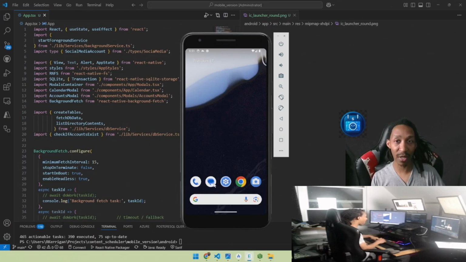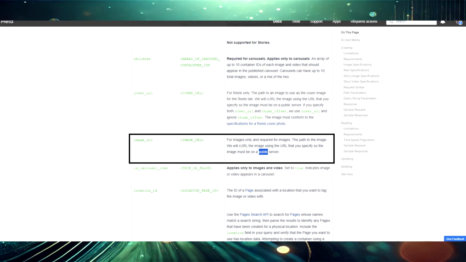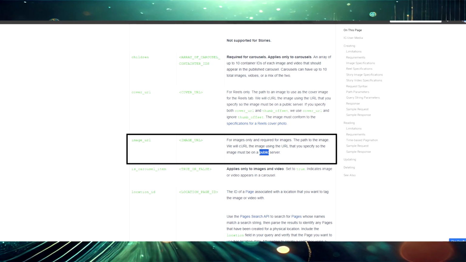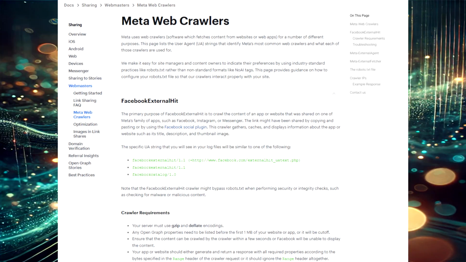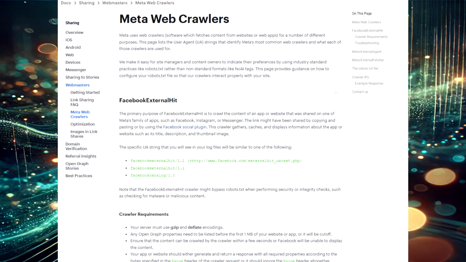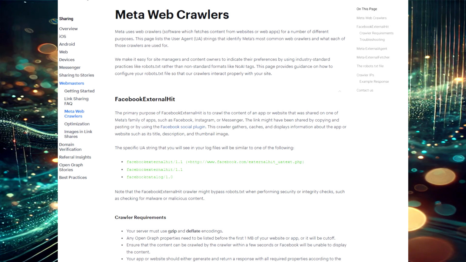You see, trying to use their API to post content on their platforms like Facebook and Instagram or Threads requires that you put your content on a public server that has HTTPS and that allows their bots to crawl through that web server so that it can read the content of the data before it goes ahead and takes that data.